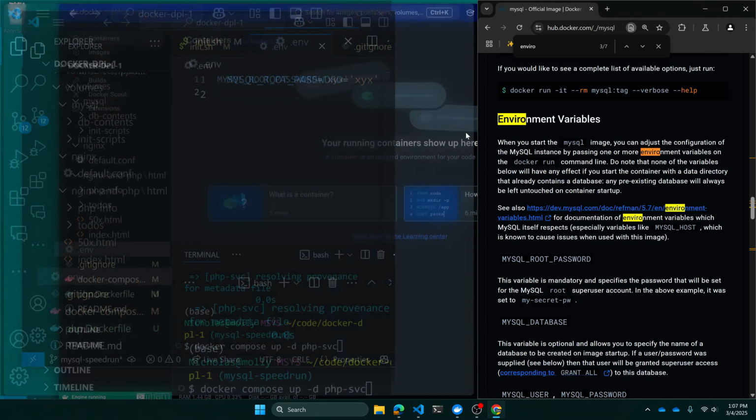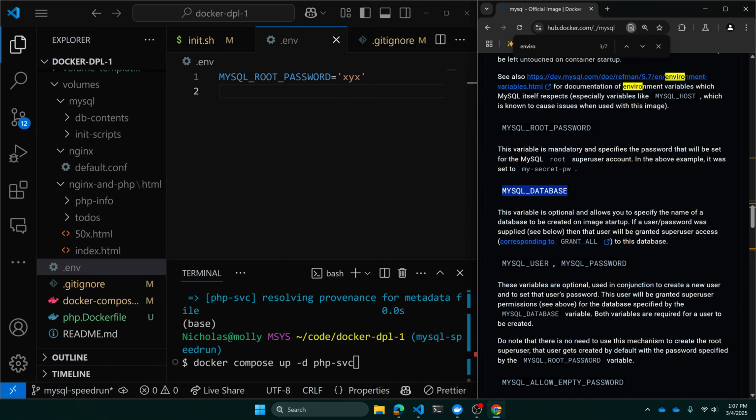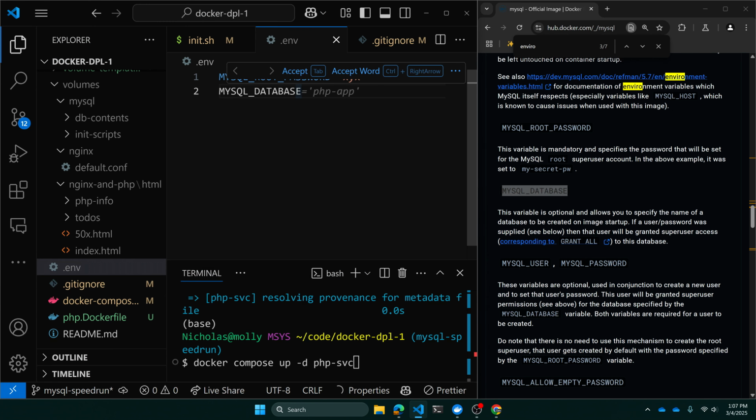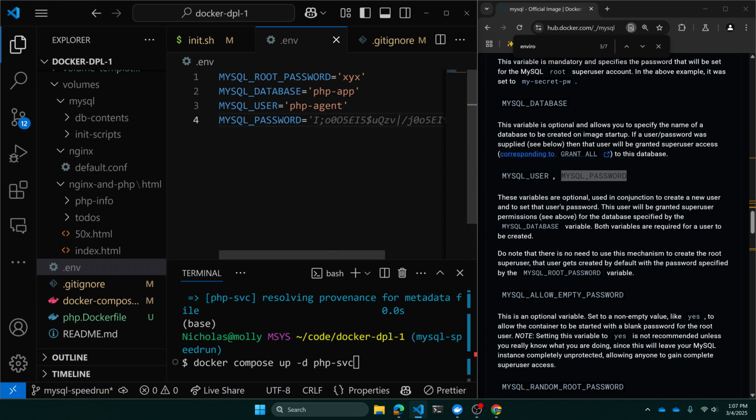I'm going to put it in quotes just in case there were any spaces in there. There shouldn't be. Then I'll also need the database, which I'm going to call PHP app is fine. User, I'm going to call the PHP agent, and it's picking up on things I've done before probably. I'm going to need a password for this user, not for the root user, but for this user. And then I'm going to need the